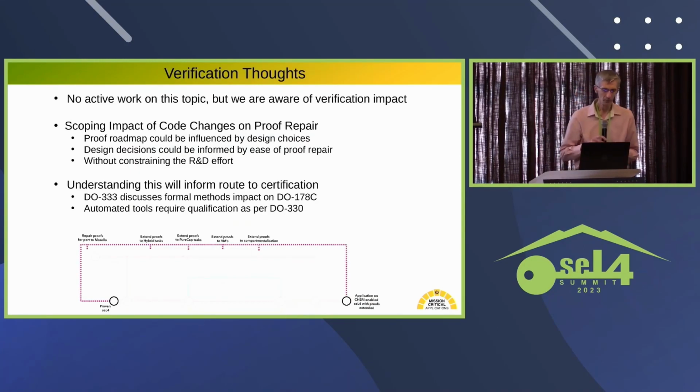So all through this, we're bearing in mind the work on verification and scoping the code changes. There's the opportunity of informing the changes that we make from the proof effort that we think might be needed to repair the proof, but we don't really want to restrain the R&D effort either at this point. So right now we're trying to get something that works, and then we'll revisit it and analyze each change to see if it's necessary, if it can be done better, and what the